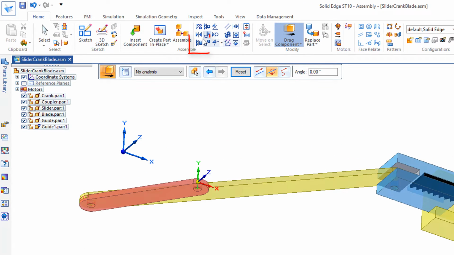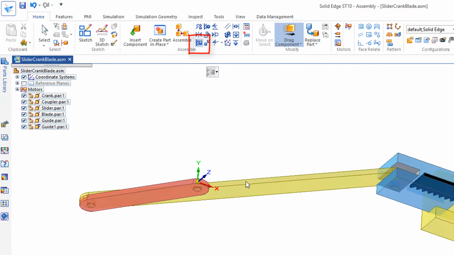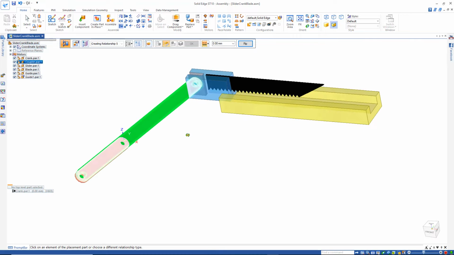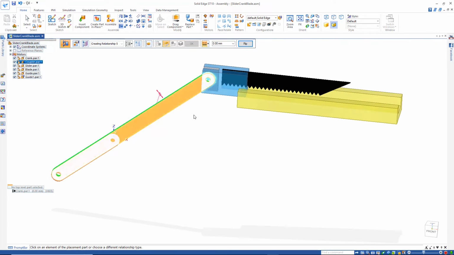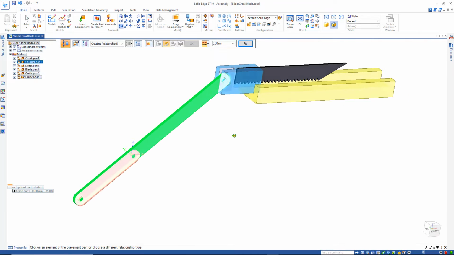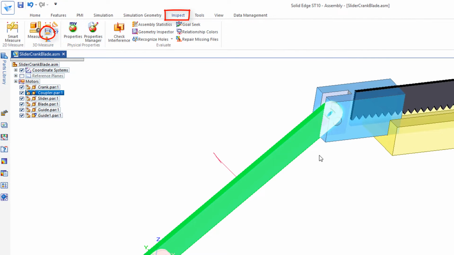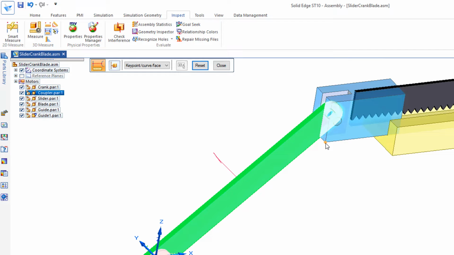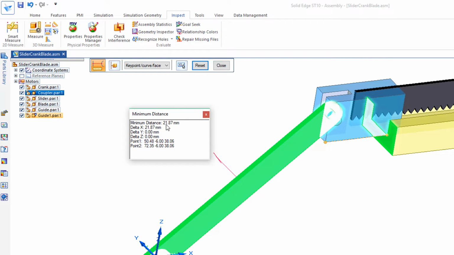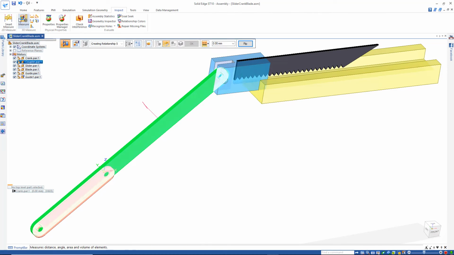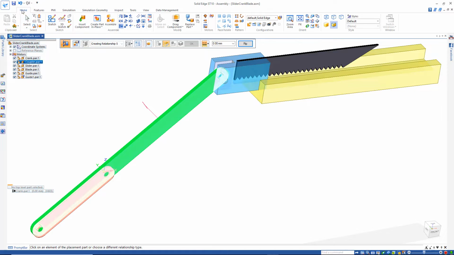And so now I'm going to do the same thing, planar align this with this. And that illustrates the stroke as far as it goes back in this direction. So this time I'm going to go back to inspect, measure minimum distance from this point to this face here. Minimum distance 21.87. I'll close out of that, go back home, and I'd like to open this part